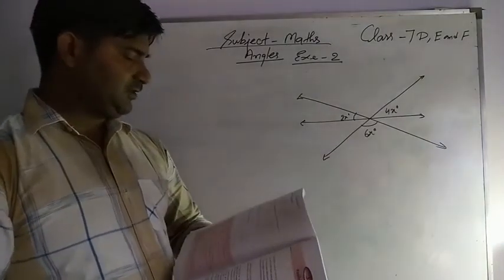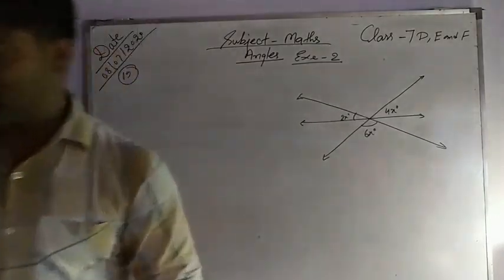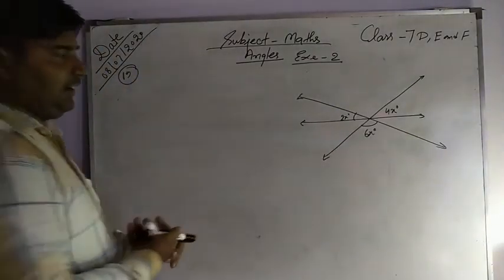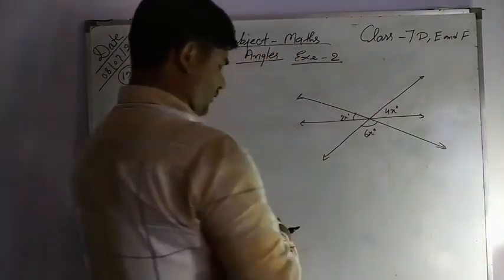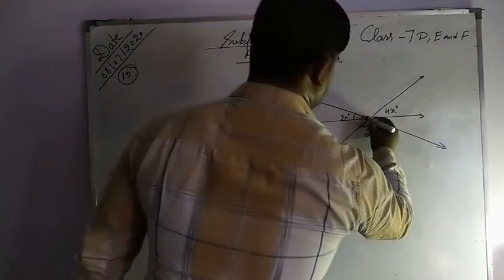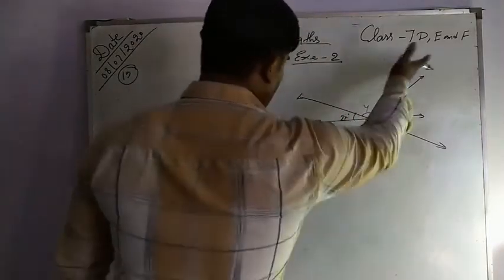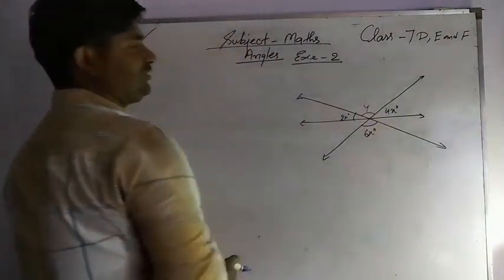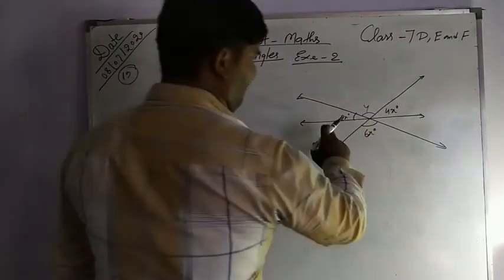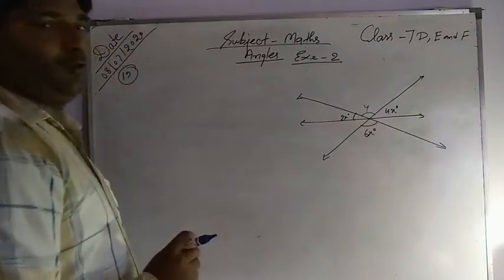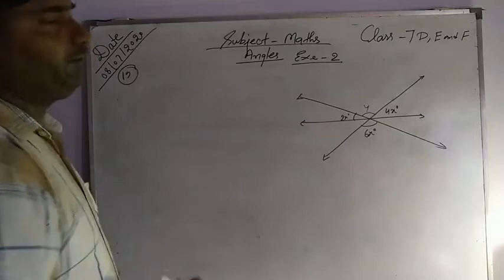Okay, so now I am going to explain question number 19. The first part of this question: find the value of x. I have drawn the diagram of the first part of this question. Okay, and here we are going to find it. So how do we find this one? First of all we suppose this angle to be y, and this angle is equal to 6x. Why? Because this is the vertically opposite angle. So due to the vertically opposite angle we find this one, and after that we apply that the sum of all angles at a point on a straight line is equal to 180 degree, and we find the value of x.